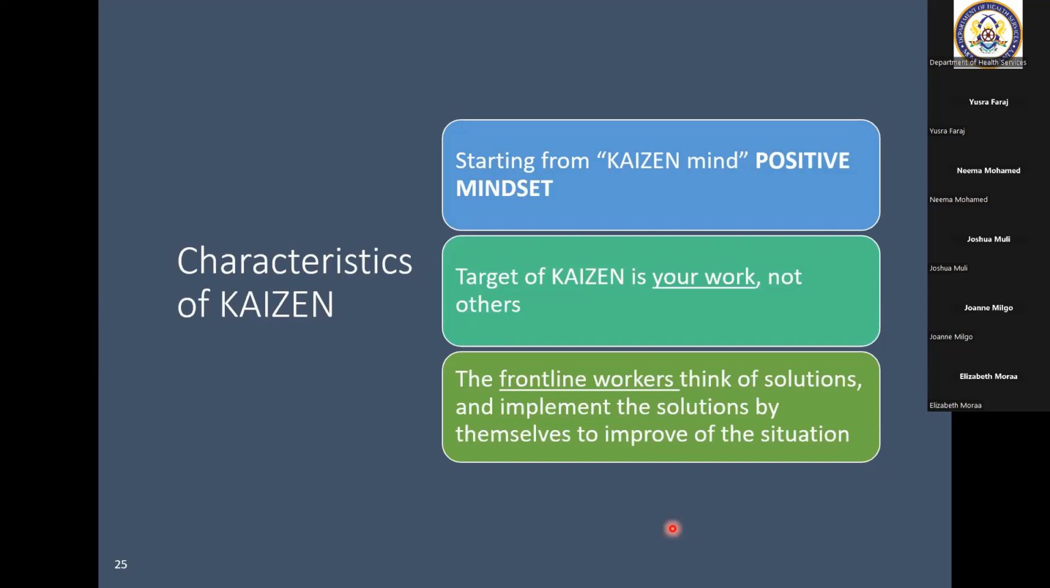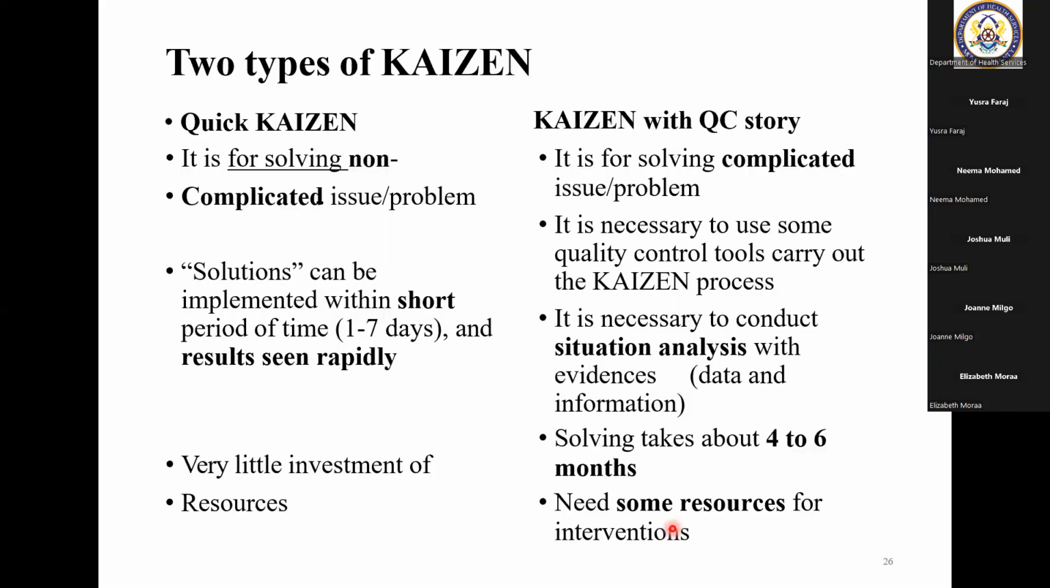So we categorize Kaizen into two. There is a quick Kaizen, or some people call it a small Kaizen, whichever you hear, it is fine. And a Kaizen with a QC story. QC stands for quality